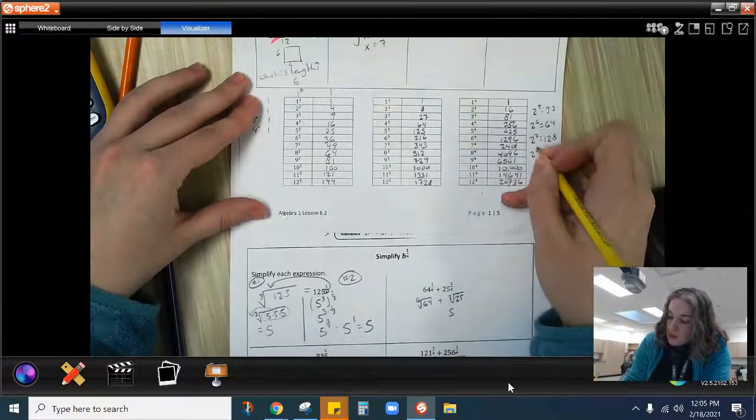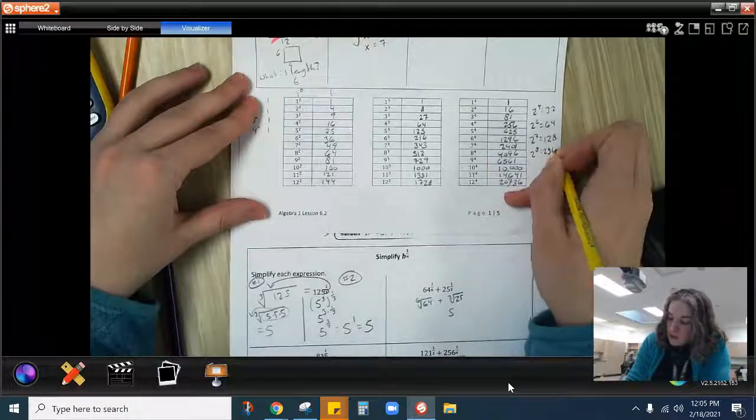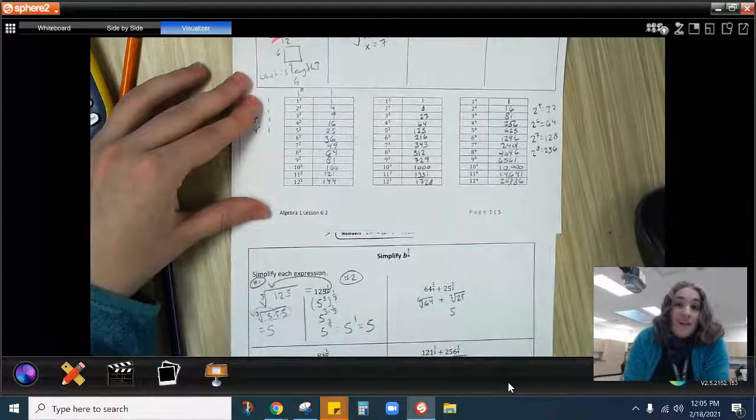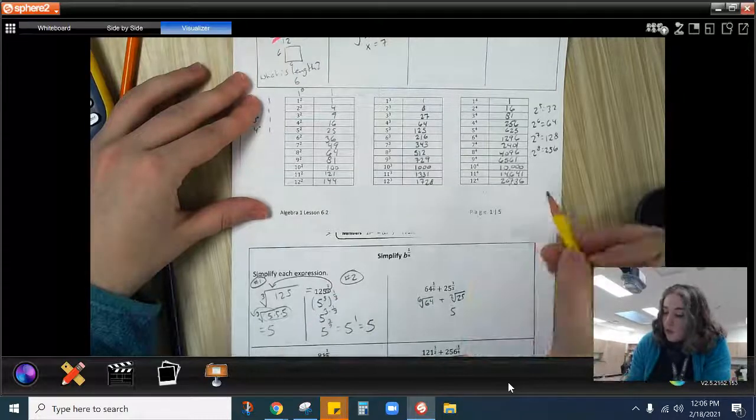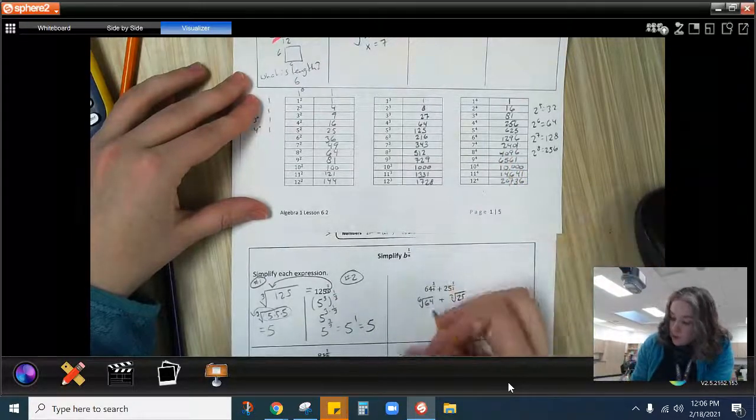And then I would say 2 to the 8th is 256. Do you have to memorize all those? No, but again, it's a nice handy reference chart, right? So if we want the 6th root of 64,